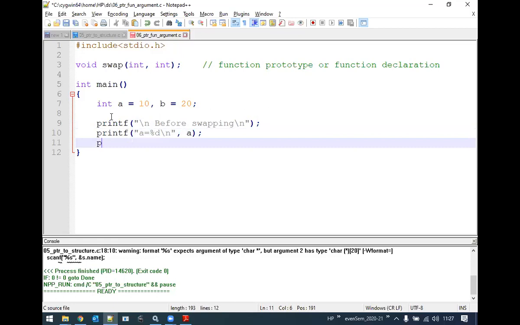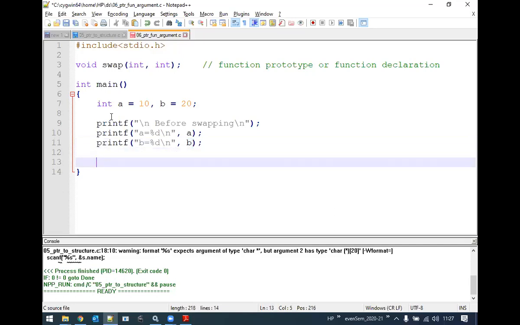Same way for b: printf "b equals %d\n", b. So these three statements will print the values of a and b before swapping.